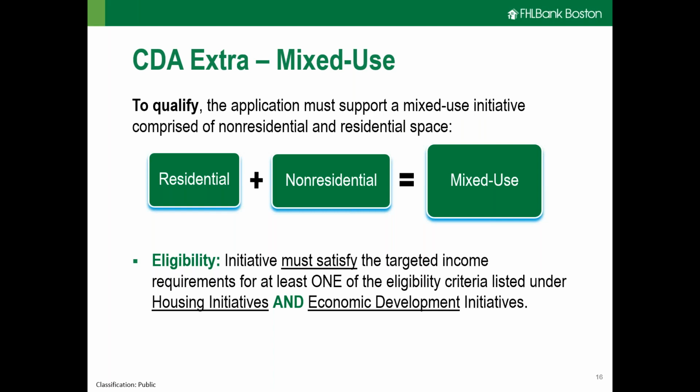Another application type that's available under the CDA Extra is what we refer to as a CDA Extra mixed use. The way that you determine whether or not the customer or the loan is going to qualify is if it meets both the residential and non-residential eligibility components under CDA Extra. That would mean that you would need to be able to provide us with documentation that at least 51% of the units benefiting from the CDA funds are serving households at or below 115% of the area median income, and